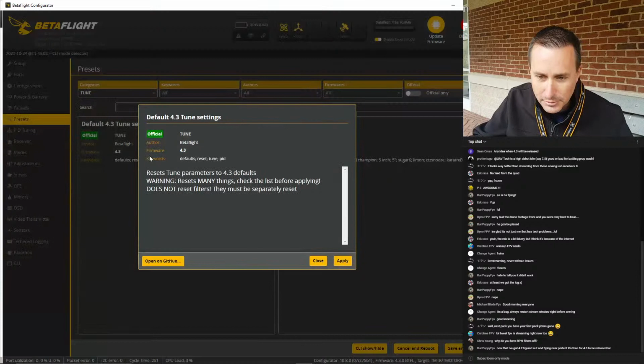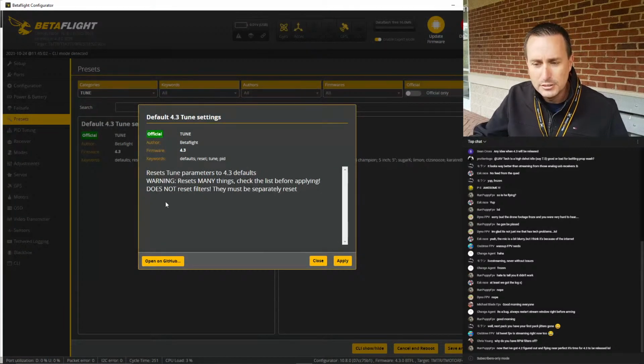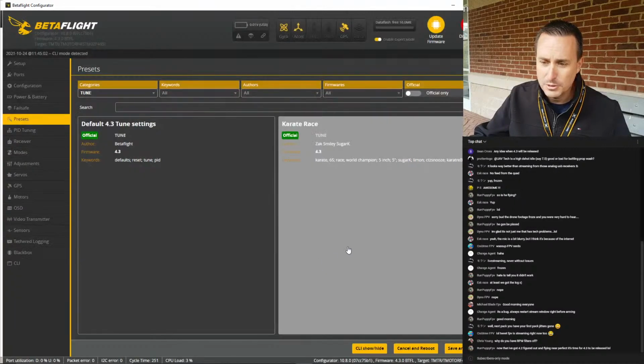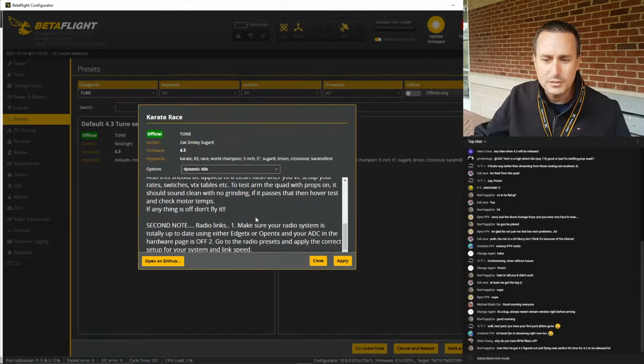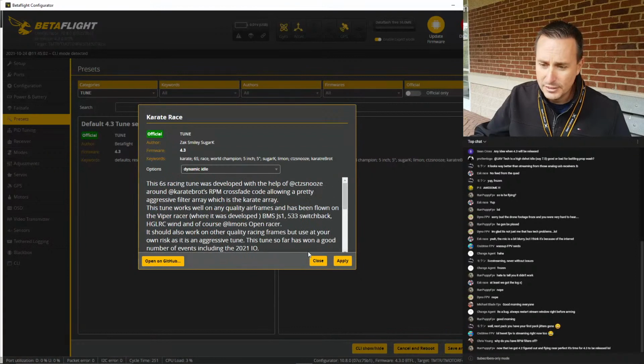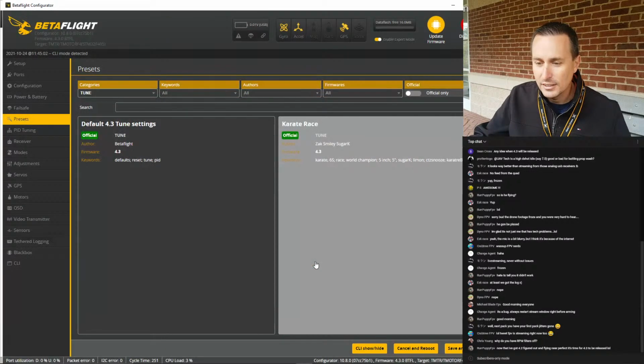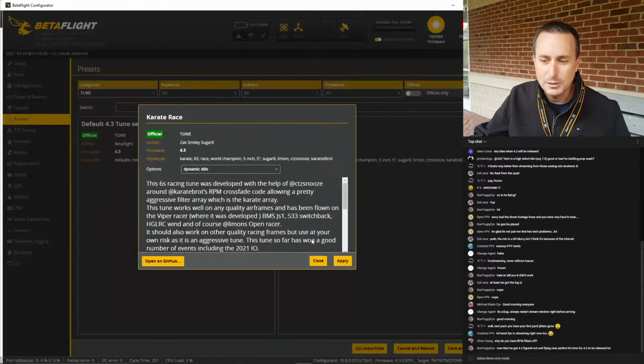So I can click on it, and you can see a little description. So for this one, you can see the description there. If I click on this one, it has a little bit more of a description. So people are flying this one. Which there's actually options in here as well. So you can see a tune could have multiple options. You could say I want it to be using dynamic idle or not. I don't know what spicy is or not, but you can see what things are by simply clicking on them